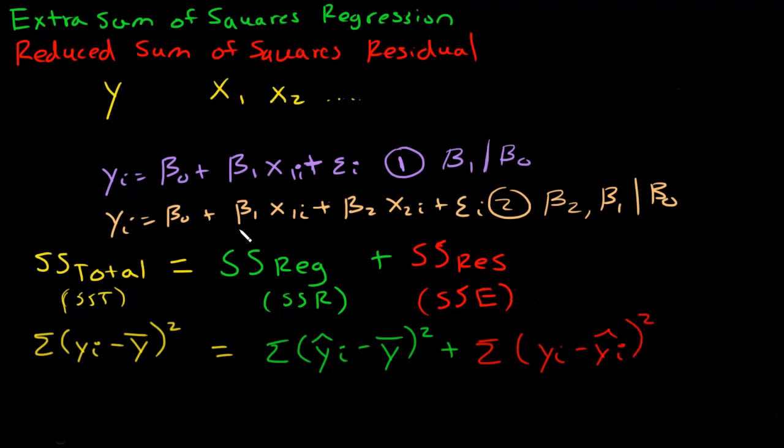Okay. So for each of these models, we can partition our sums of squares, right? For model 1 and model 2. Now, starting with sums of squares total, let's think about this. y_i minus y bar, right? So our observed value of y minus the mean of y. Does this care about which model you use? Does it care about the x values that you're using? Not at all. You can calculate sum of squares total 100% just by giving me what the y is. I don't care about x at all. So sum of squares total stays the same